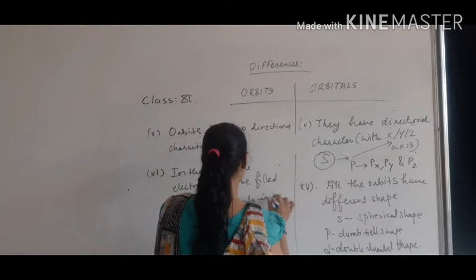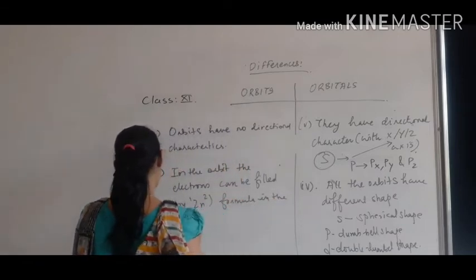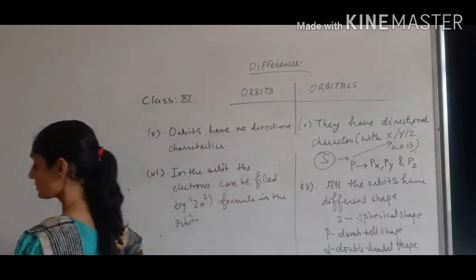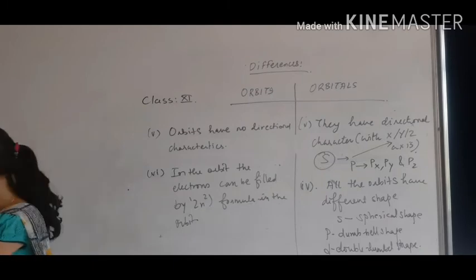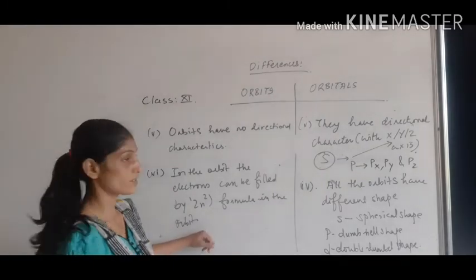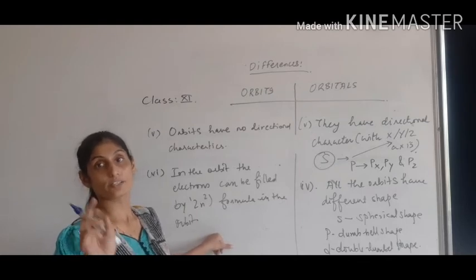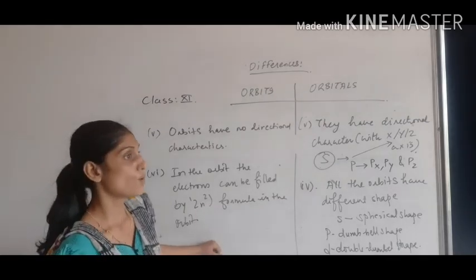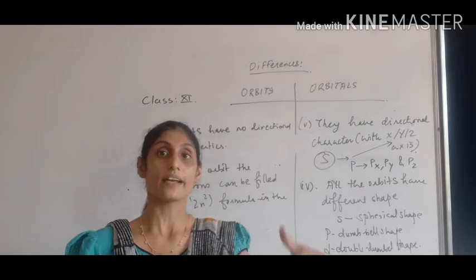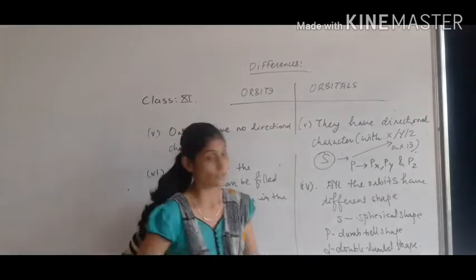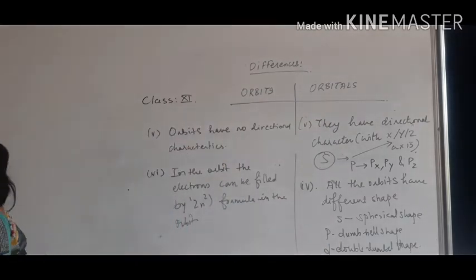Listen, n is the number of the particular energy level. So K, when we talk about the orbit, contains 2 into 1 square, so 2, then 8, then 18, then 32. Here, when we talk about the orbital, children,